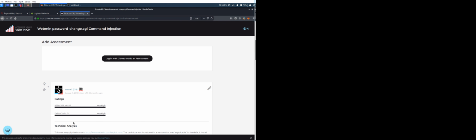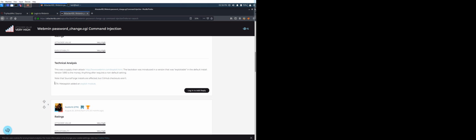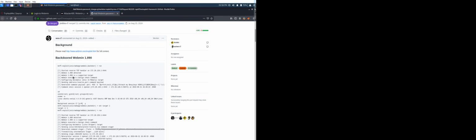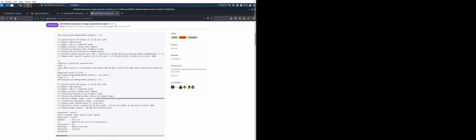And here in this we have a Metasploit exploit module added. So let's see what's in this. As this is a Metasploit exploit, we can get it using msfconsole in our terminal, which will open the Metasploit terminal for us. And let's wait for Metasploit to open. Okay, so I'll pause the video till Metasploit is starting.